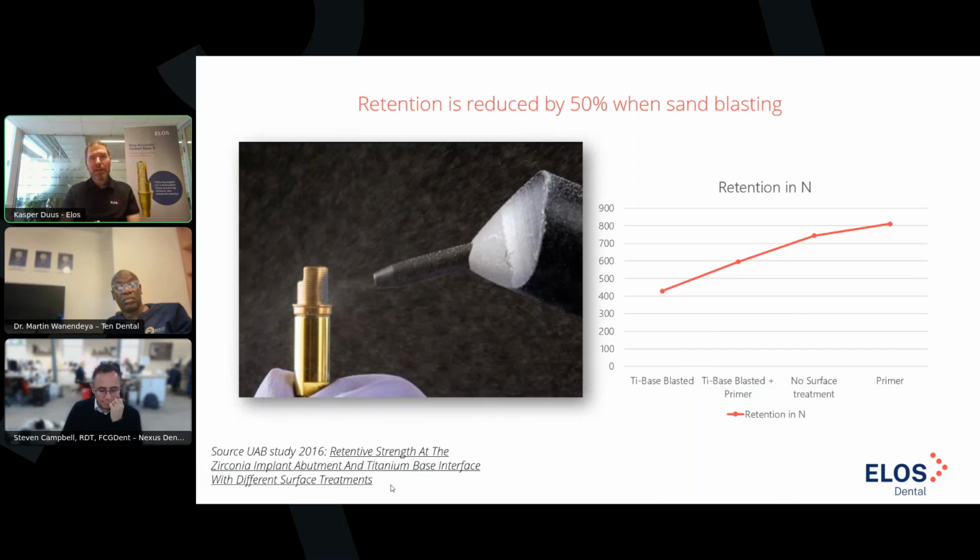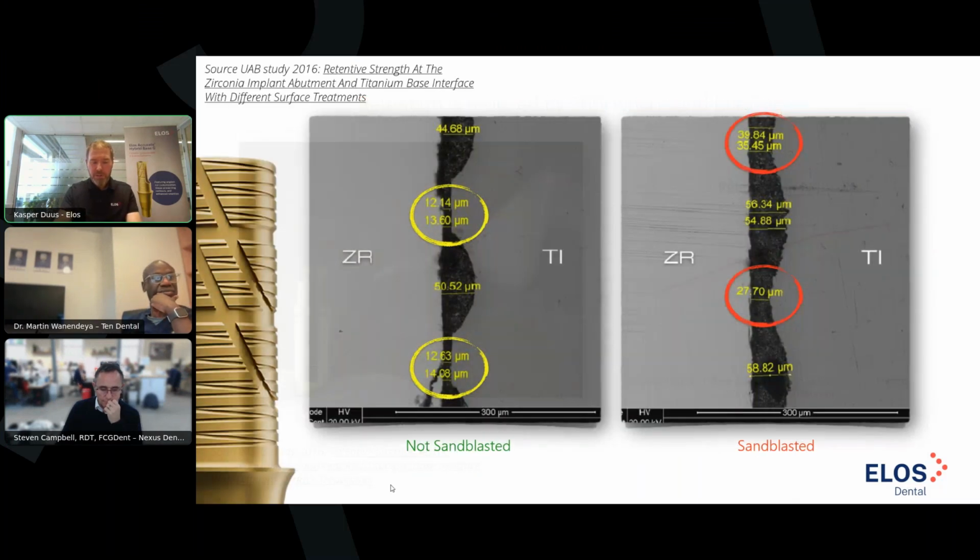And in this study, they tested a blasted titanium base versus a base that is blasted but primed with the primer for the cement, and then simply a no surface treatment up against a primed one. And we really see a huge difference when we're looking at a sandblasted Ti-base and a non-sandblasted one, which I think is very interesting, because you touched upon it earlier, Steve. I think a lot of inherited knowledge dictates that whatever you're gonna bond on needs to be blasted, needs to